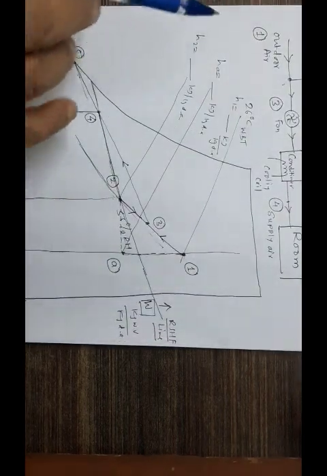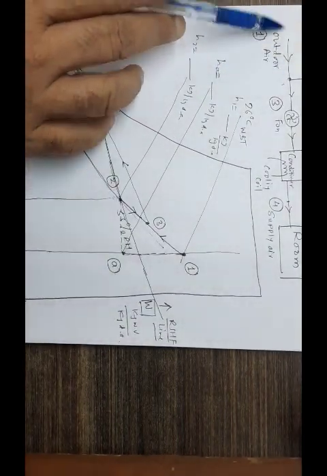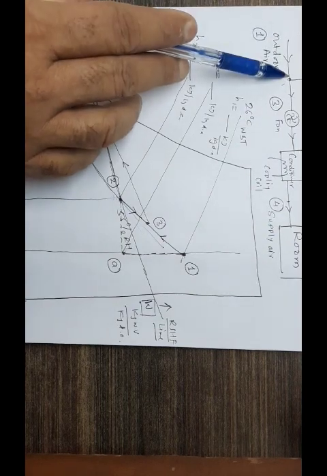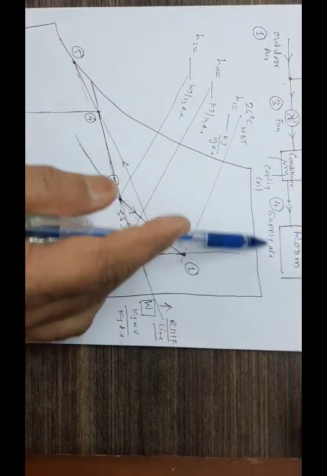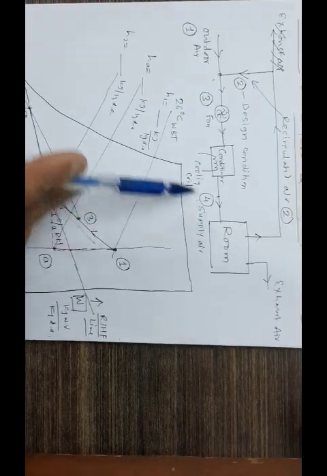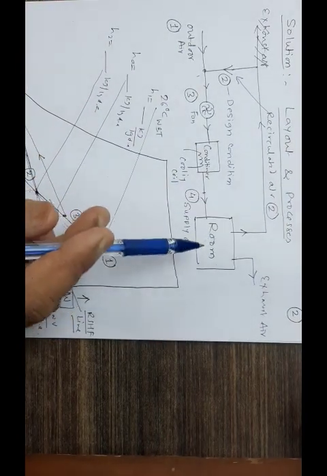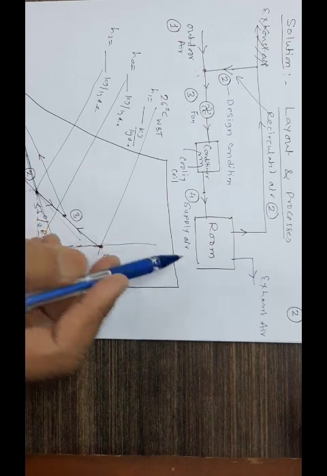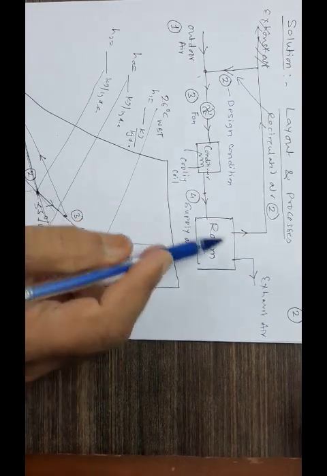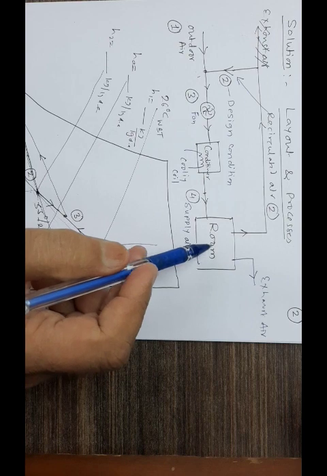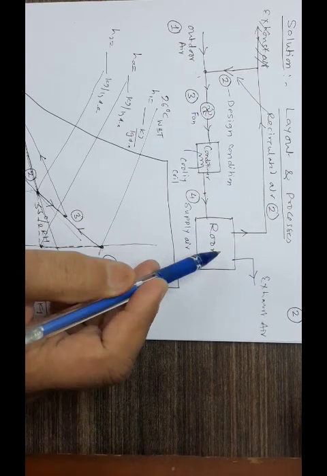So we can have a look at it here. This fresh air means outdoor air. This one is 600 meter cube per hour. How much is required here is what we are required to be clear about. Now that will depend on how much heat you have to remove from this.